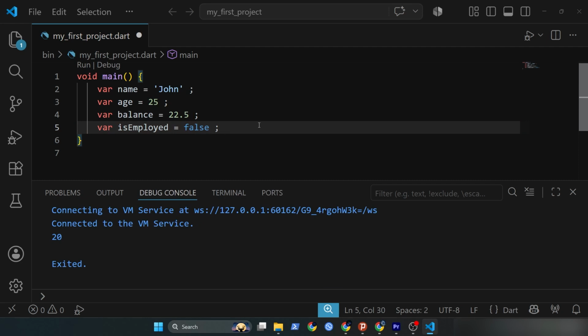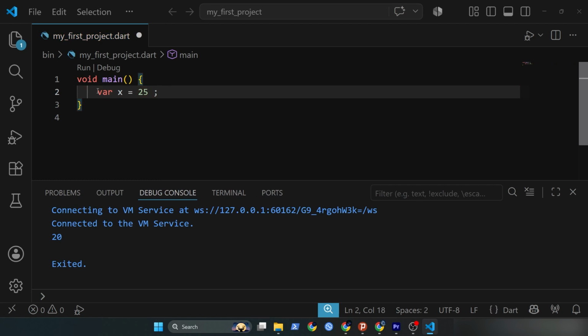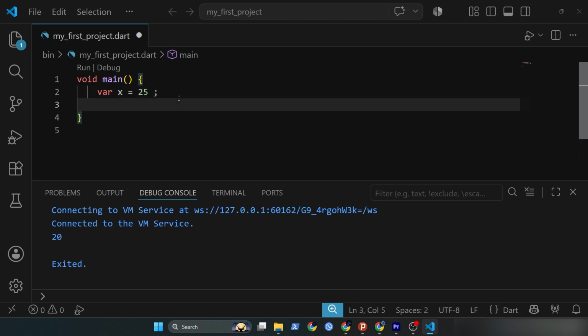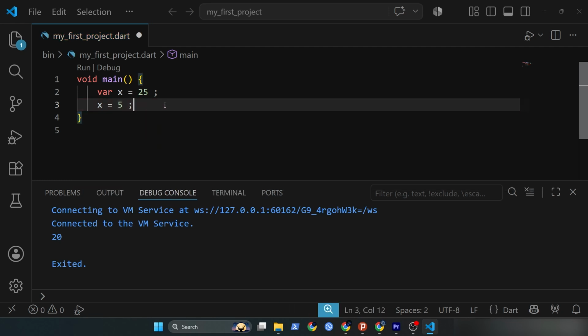Let's clear our code and write this instead. var x = 25. When we do this, Dart automatically infers that x is an integer. But here's the catch. What if we try to assign a different data type to it later on? For example, if we write x = "John", here we will get an error, because Dart has already locked x in as an int. Its underlying type can never be changed. However, if we just assign a new integer value like x = 5, this code will run perfectly with absolutely no